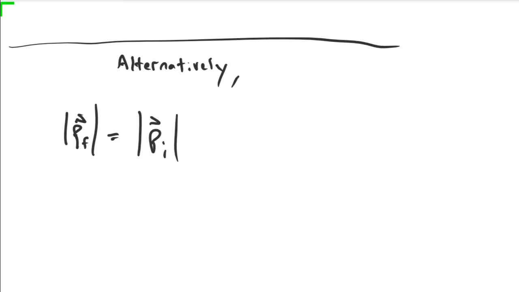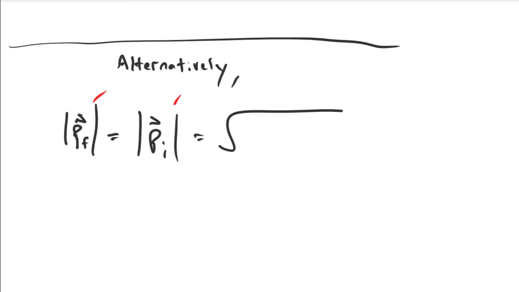Momentum is conserved, they have the same magnitude, yes? The momentum itself is the same, right? This is the final equals the initial, but including both directions here, right? So let me just look at the magnitude. And so the magnitude of the final is the magnitude of the initial,